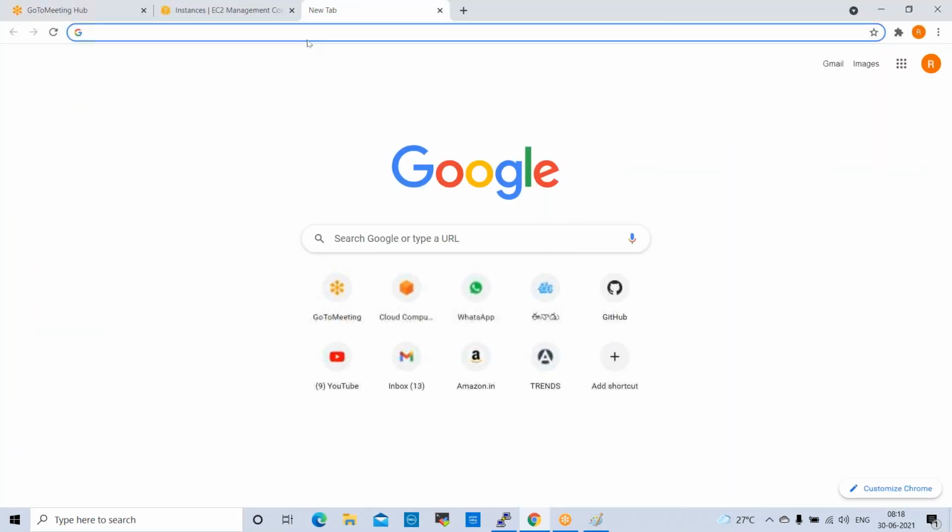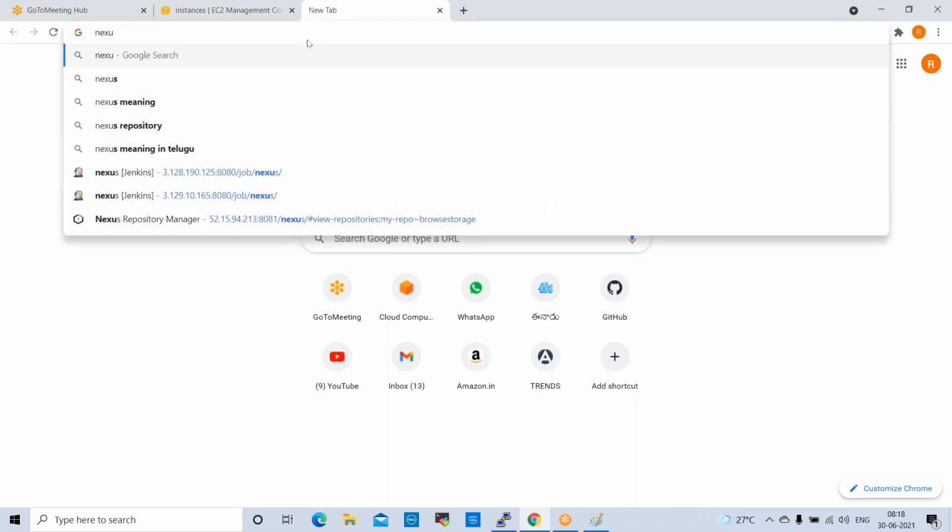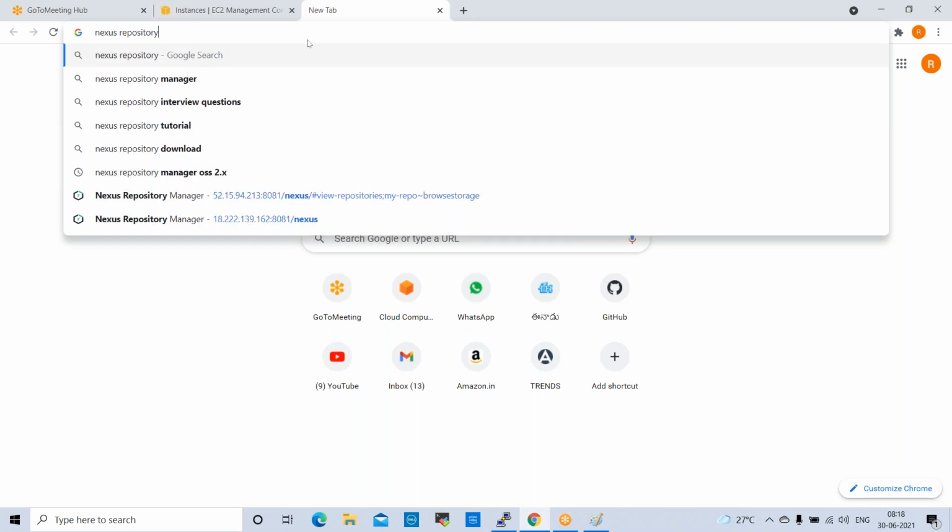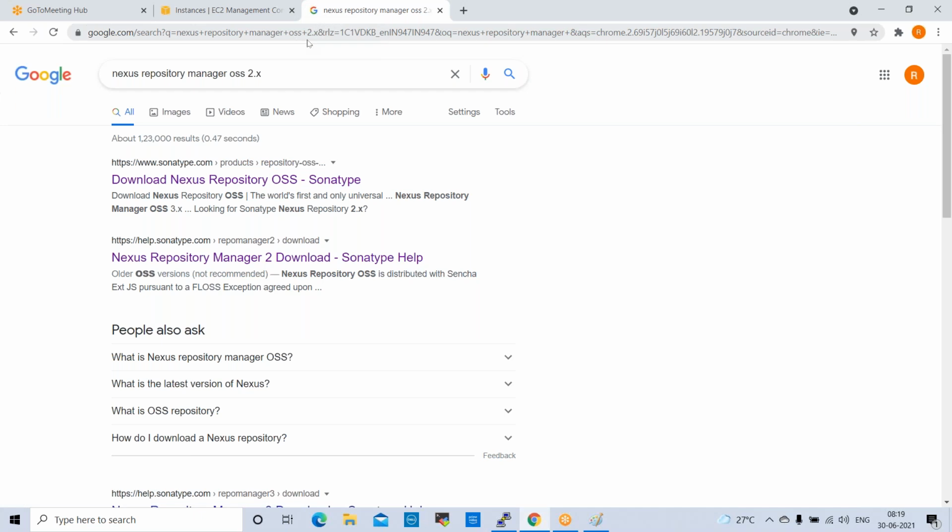Here you can search Nexus repository, Nexus repository manager OSS 2.x.